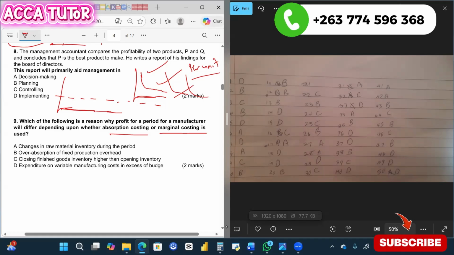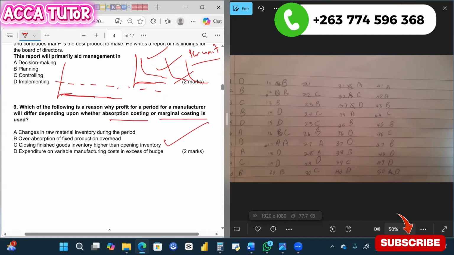Close. All right. What's the answer? I thought it's C. Closing finished goods inventory higher than opening inventory. Yes, that's a correct answer, but I want you to explain why you are saying it's a correct answer. Because, I don't know, I guess. Okay, all right. So what happens is